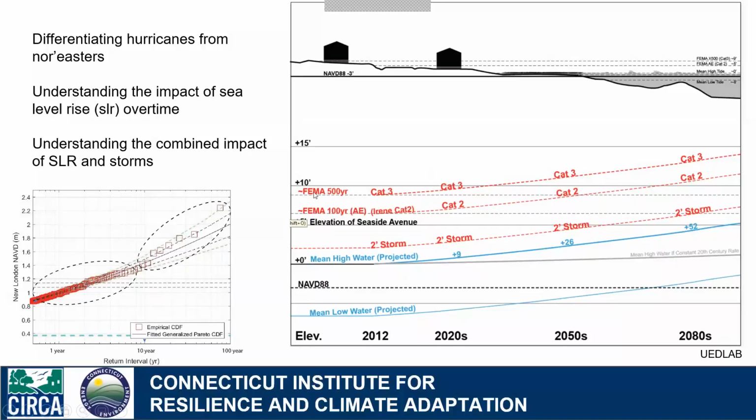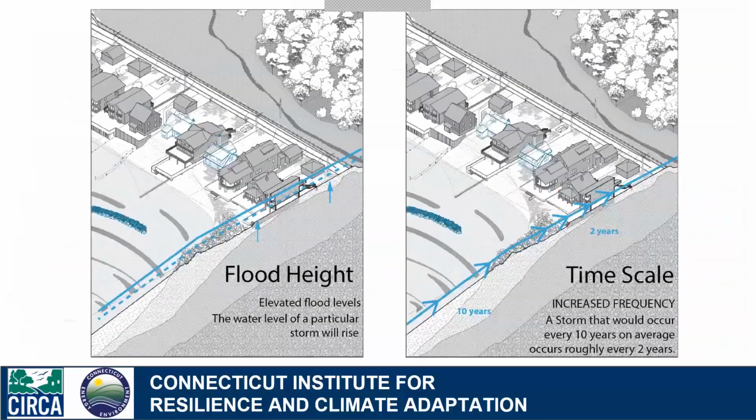So if you had a house that was directly at the line, the FEMA 100-year storm event, or the 1% storm, if you were to raise that by 2 feet, then by 2050, your building would basically be at the 100-year storm height, given sea level rise. So these kinds of future predictions and the awareness of the implications of sea level rise and how that might impact insurance and flood risk are critical considerations or components of the visualizations.